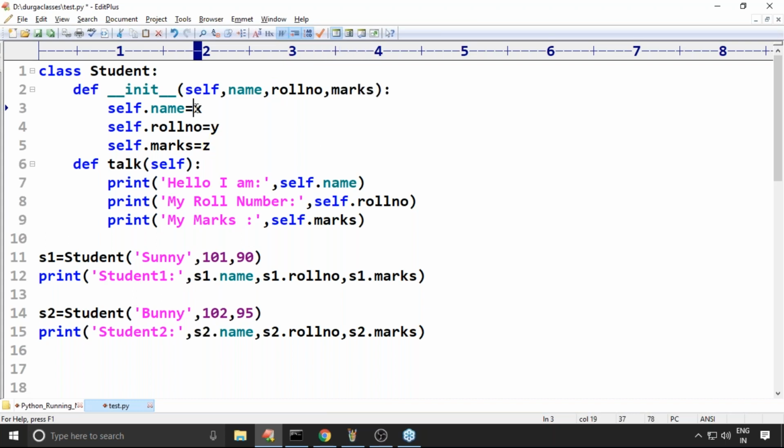Then self dot name is equal to name, self dot roll number is equal to roll number, self dot marks is equal to marks. The variable names should be meaningful. Instead of X, Y, Z or A, B, C, better to keep meaningful names: first value name, second value roll number, third value marks, which are going to come.